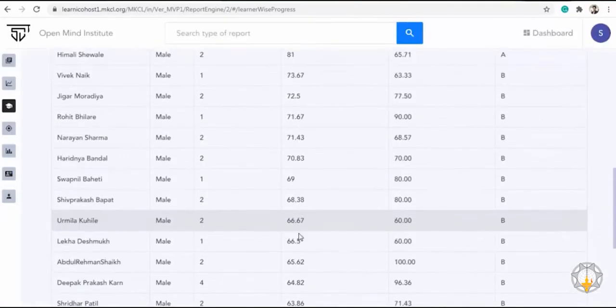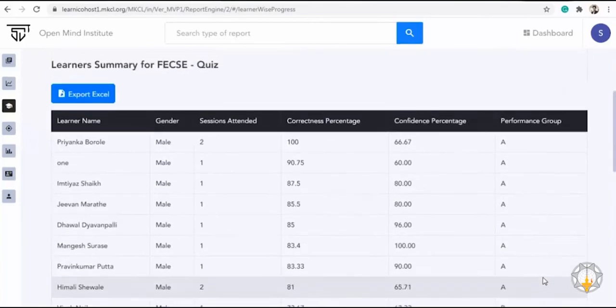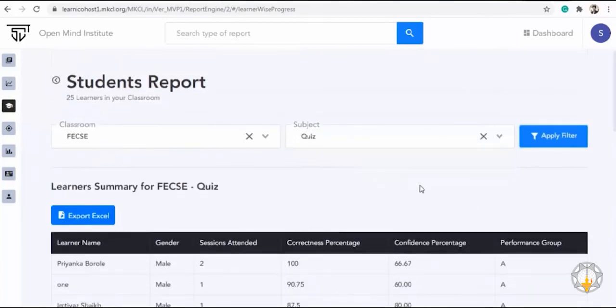Students report. This report shows the performance of all students for a specific classroom. Apply filters and get different student data for different classes.